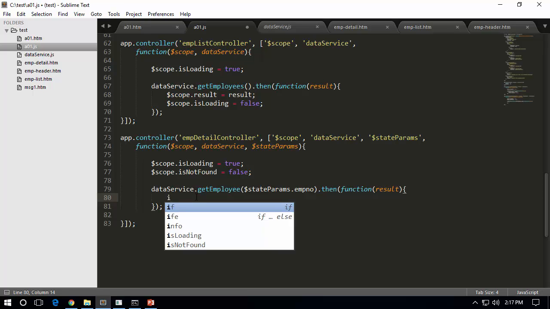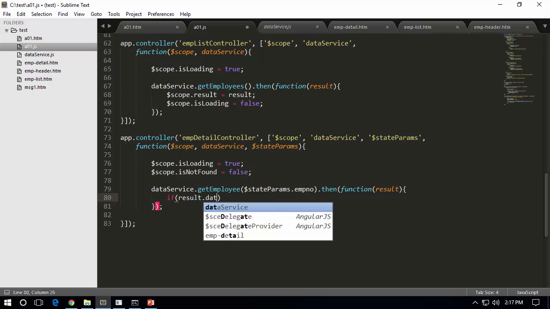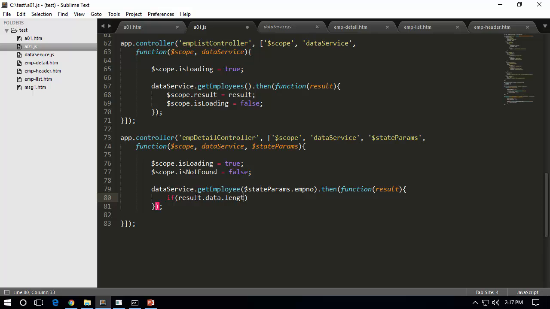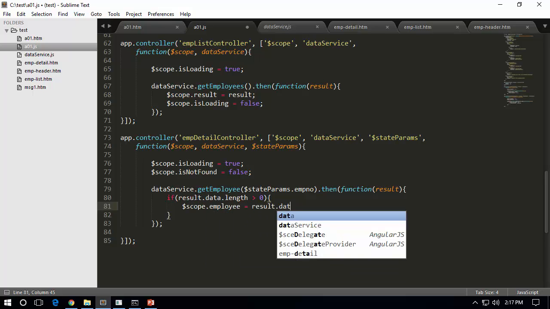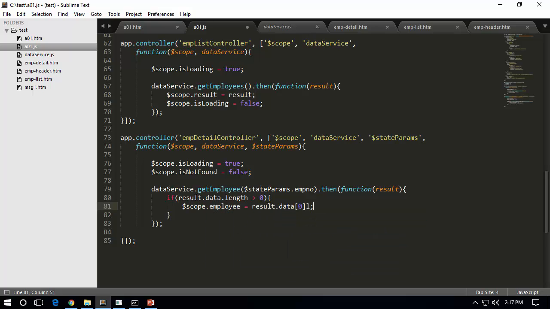For that I am going to check whether result.data.length is greater than 0 or not. So which means if it has got at least one object. So if it has got an object, then I am going to get the first object into employee. So this result can have more than one record of employees, even though technically speaking in this case